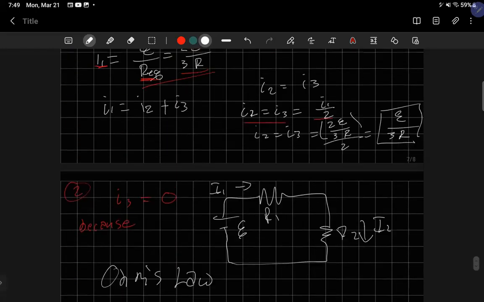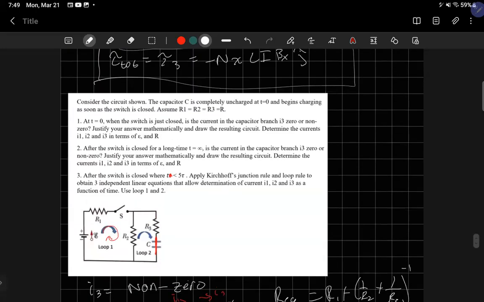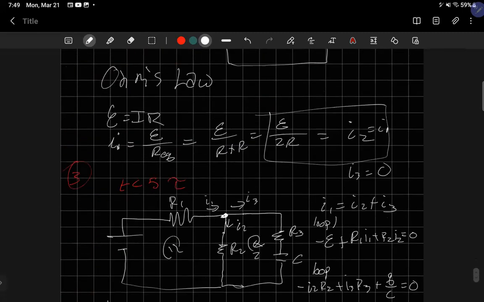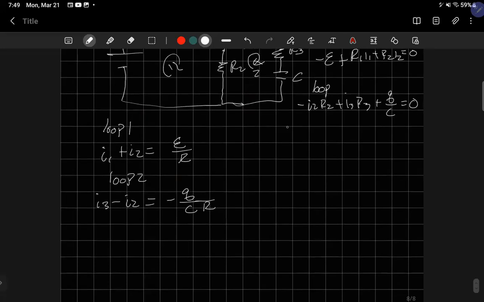Would that just be it? After the switch, at time tau, apply Kirchhoff's laws to obtain 3 linearly independent equations to allow the determination. So it would literally just be this. So it'd be